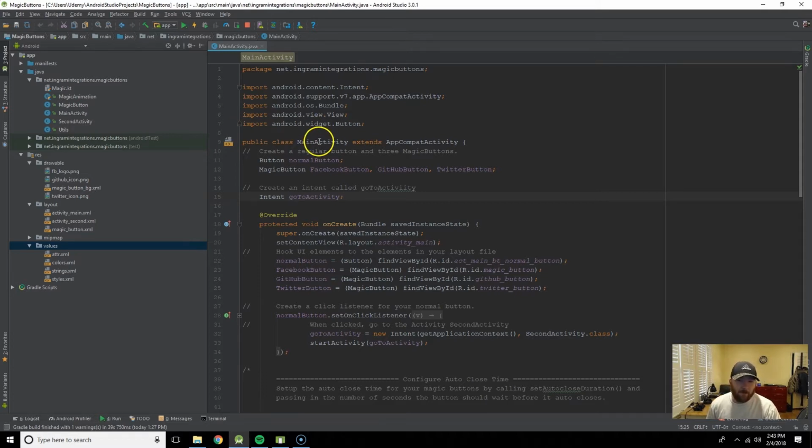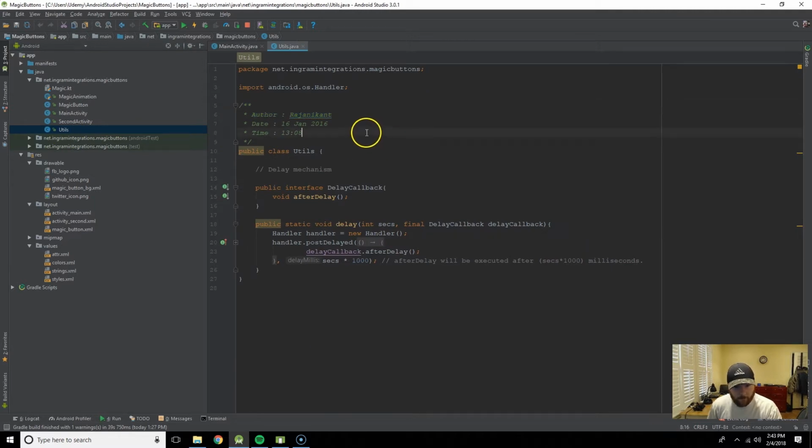The first file that I would create is under your projects package, where your main activity would be. Create a utils class, and basically I just left the original code from the GitHub repo, so I wanted to make sure you guys knew who the author of this code was. But this is a delay mechanism. This is how you're going to delay